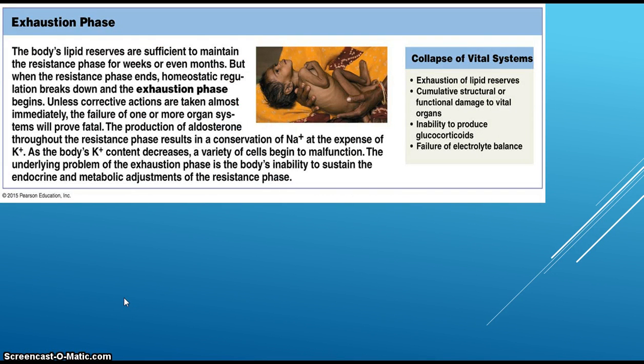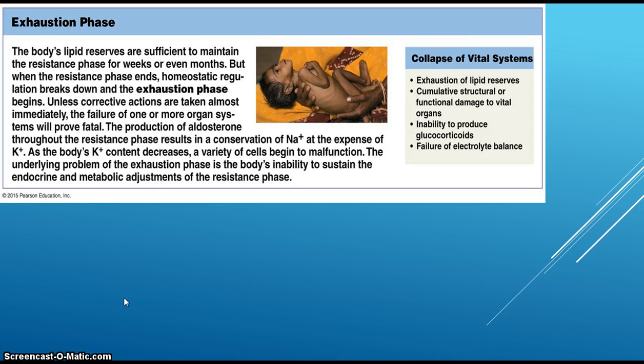Finally, when all else has failed and homeostasis cannot be restored, the body will enter the exhaustion phase. At this point, the lipid reserves are depleted. Prolonged high levels of hormones produces detrimental effects. These effects include atrophy of the muscle, in other words, wasting away,